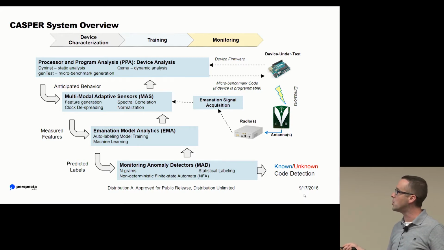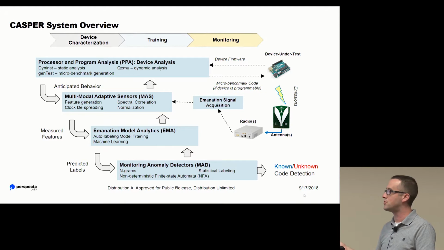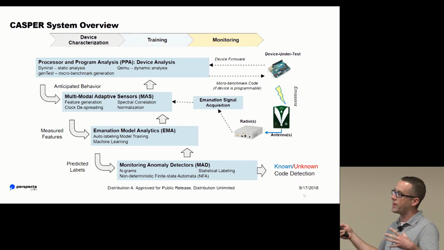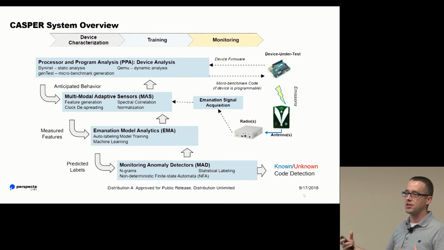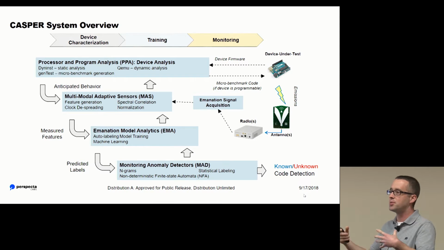And there's a multimodal aspect to this, too. We don't want to just look at the RF. We also want to look at the power modality, perhaps the acoustic modality as well, and take all that information together and provide features to the machine learning engine. For the machine learning engine, we might not necessarily have a good labeled set of data, so we want to use some auto-labeling mechanisms, use an unsupervised approach to build a model of what we see on the fly,